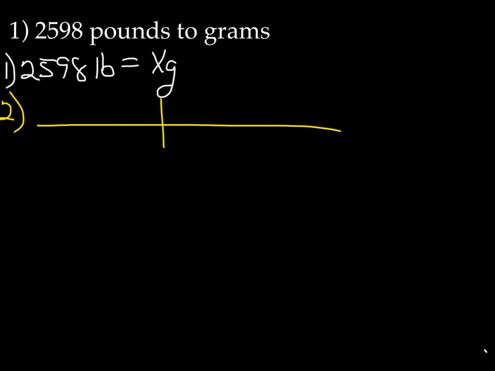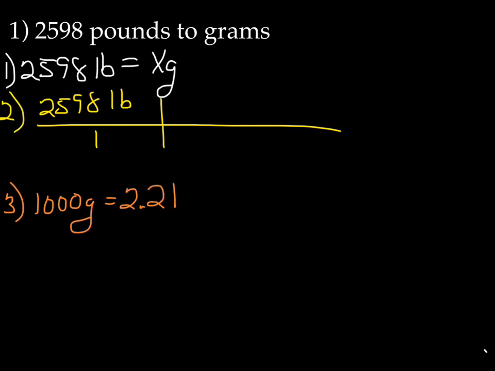And in the grid, I'm going to put my known, which is 2,598 pounds over 1. And now I need to find an equality. I found the equality on the conversion factor table. I found it in the mass section, and there are 2 that you can use. I ended up picking the one on the bottom, the top row. So 1,000 grams equals